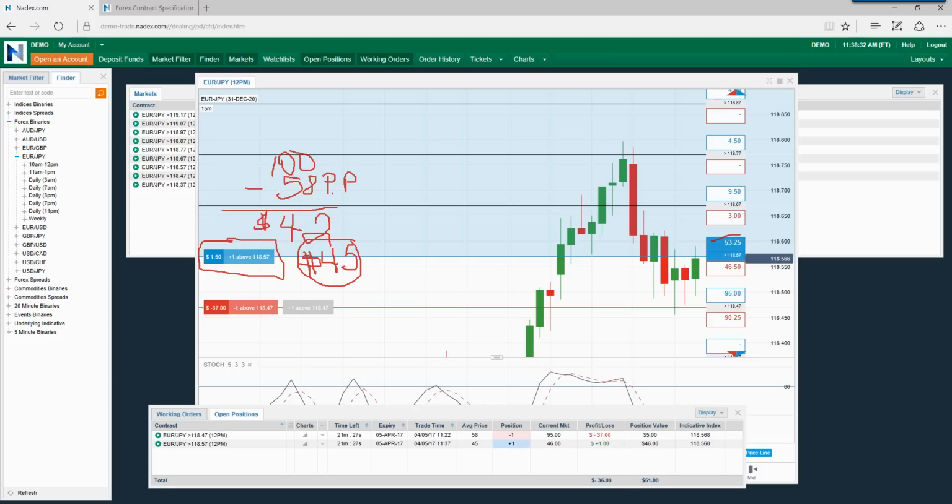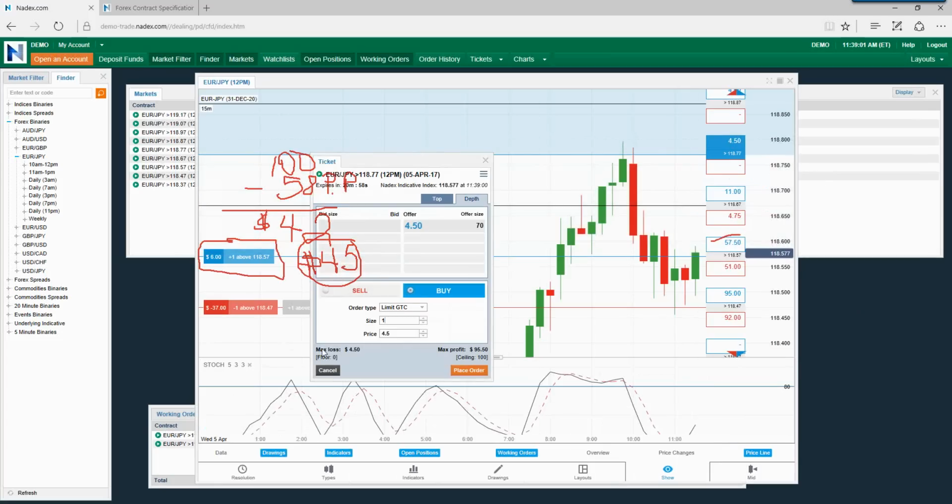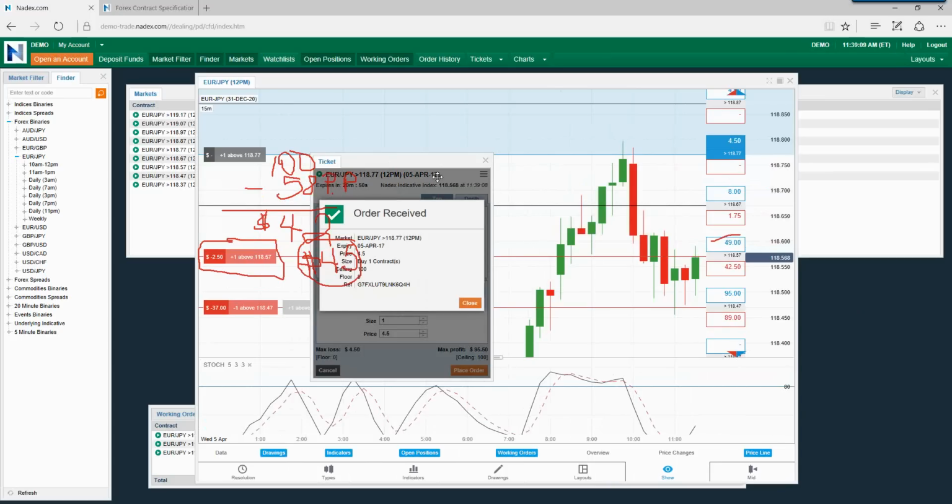What you're saying, if you buy an option and the indicative index is below the strike price, you are not in the contract until the indicative index goes above the strike price. That is incorrect, okay? I can buy, and again, y'all have to remember I'm doing this for educational purposes only. The disclaimer still applies, but I can buy this one up here at $4.50, okay? My maximum loss is $4.50. My maximum profit is $95.50, okay? So I'm going to place that order.